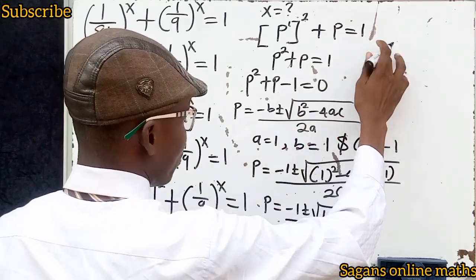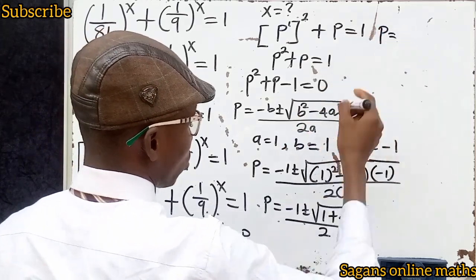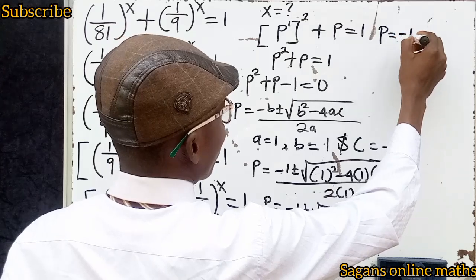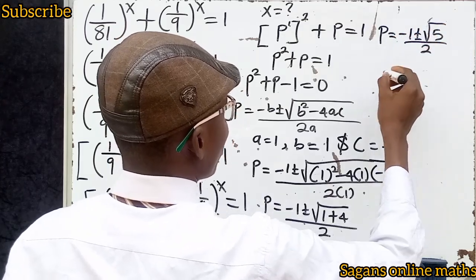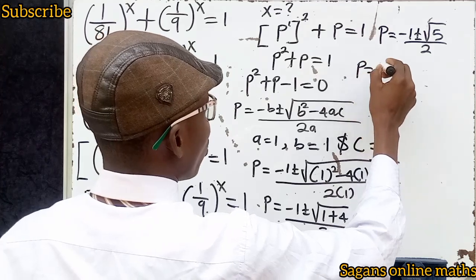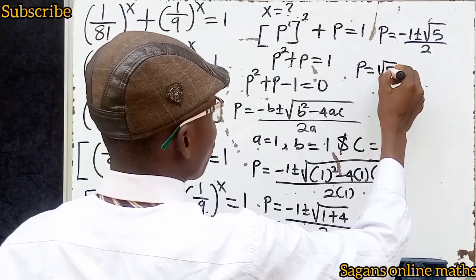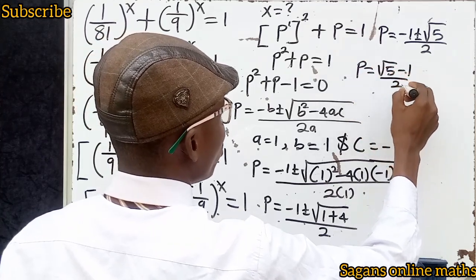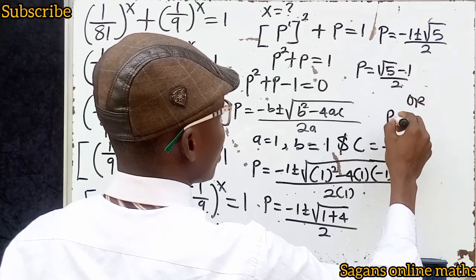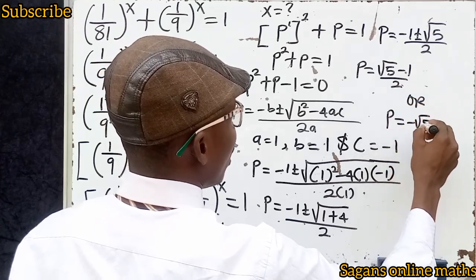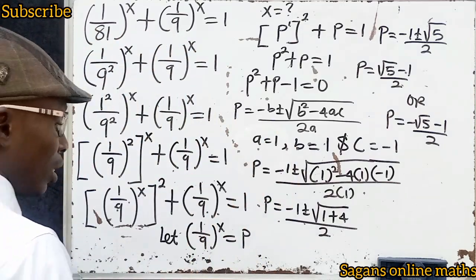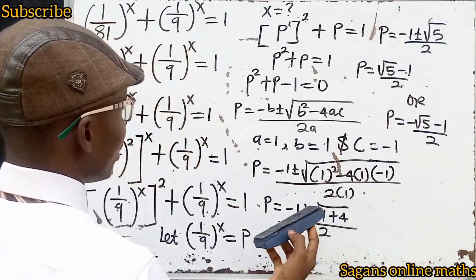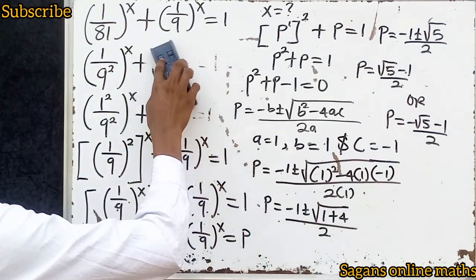That means our p is equal to minus 1 plus or minus root 5 divided by 2. It means that p is equal to positive root 5 minus 1 divided by 2, or p is equal to negative root 5 minus 1 divided by 2. These are the values of p. But remember, we are not asked to solve for p. We are asked what is the value of